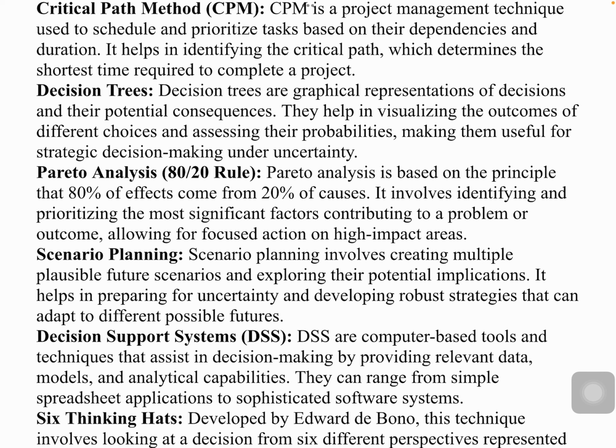So, next is Pareto analysis, or the 80-20 rule. Pareto analysis is based on the principle that 80% of effects come from 20% of causes. It involves identifying and prioritizing the most significant factors contributing to a problem or outcome, allowing for focused action on high impact areas. So, ang purpose na karian is identify the most significant factors, or ang pinaka-importante nga factors contributing to a problem. So, ano ang mga rason or ano ang mga reasons nga